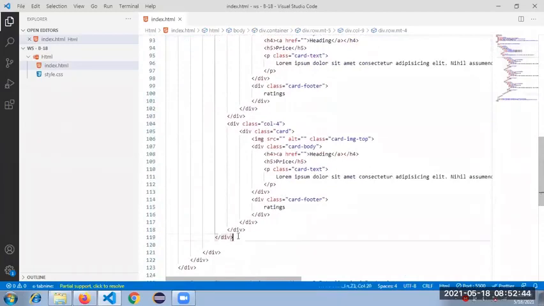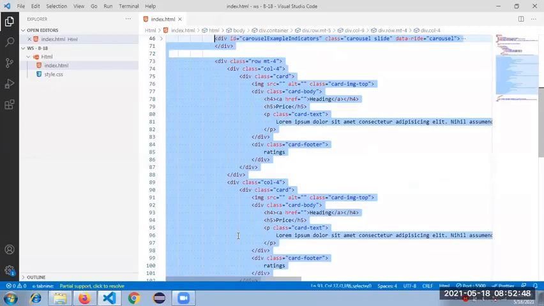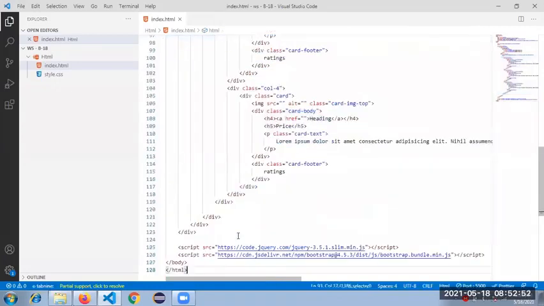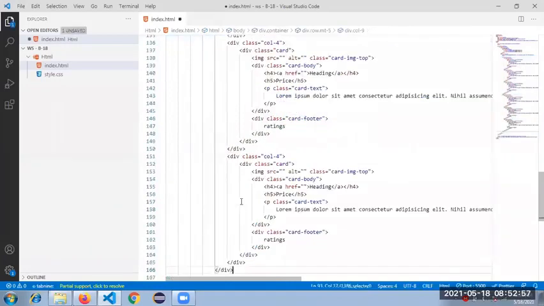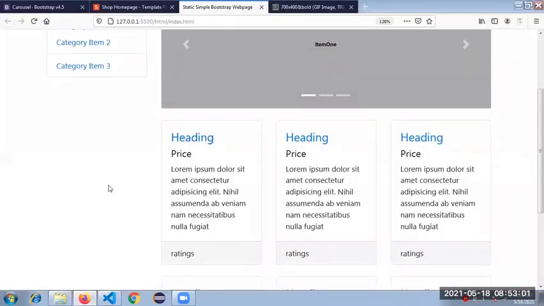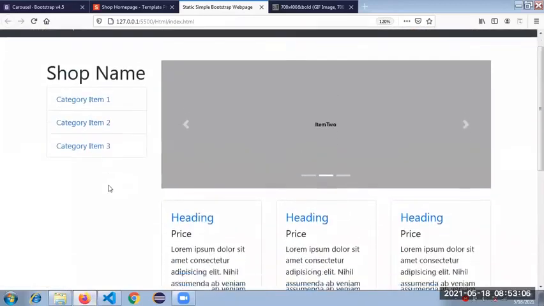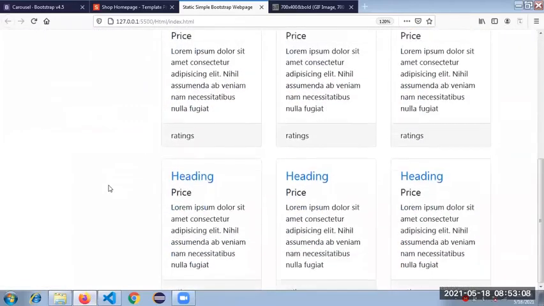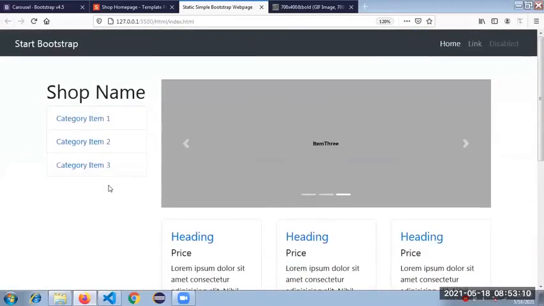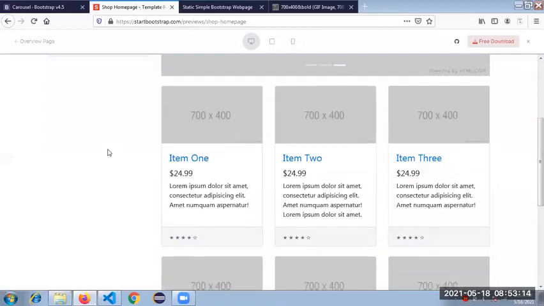Yeah, this entire row. Yes guys, so we got a skeleton view. So somewhat it's matching here, right?